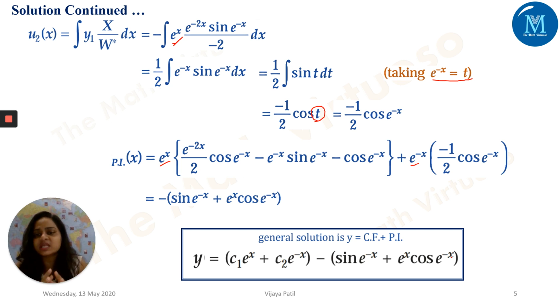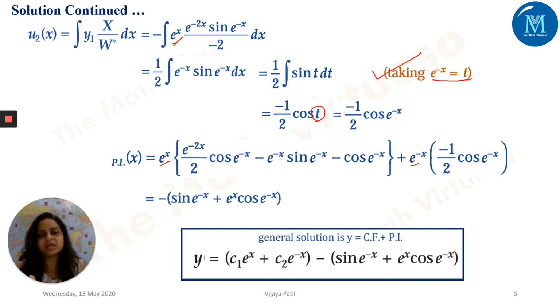That's all. It's a very simple method. Method of variation of parameters is extremely simple. The only tedious part is that you have to have that click, and you should be able to do this type of substitution very well. So this should be your expertise. Anyways, whenever we are dealing with integration, whether it's a single integral or double integral, we have to take care of the substitution and the method of doing things. So here we have used one method very frequently, that is integration by parts. So we have to be thorough in this method of integration by parts.